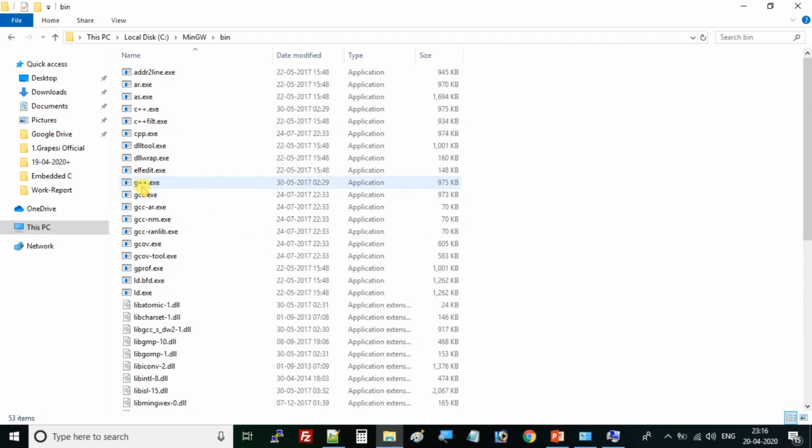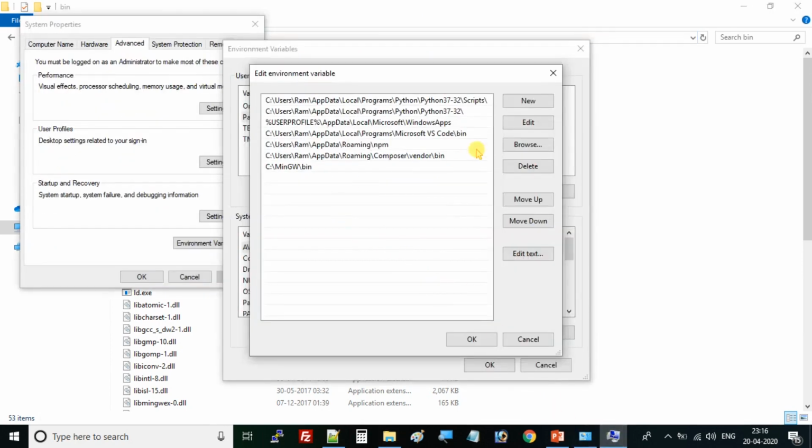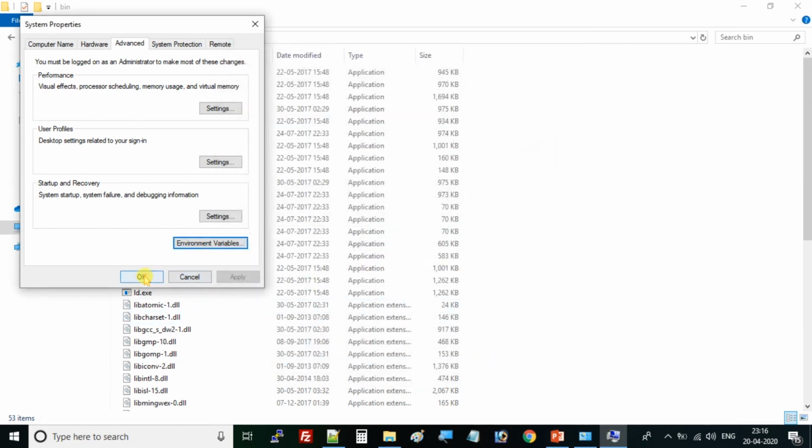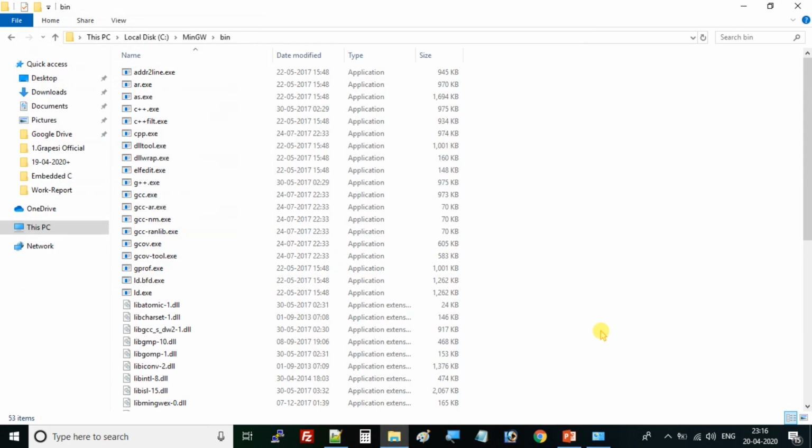So you have to copy this path with Control C and paste it here. I have already done this, so I am deleting it here. After that you have to click OK, then OK here, and OK again. So that's it. This is the environment setup for the C language.